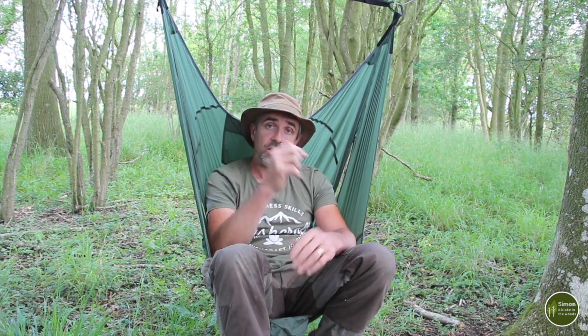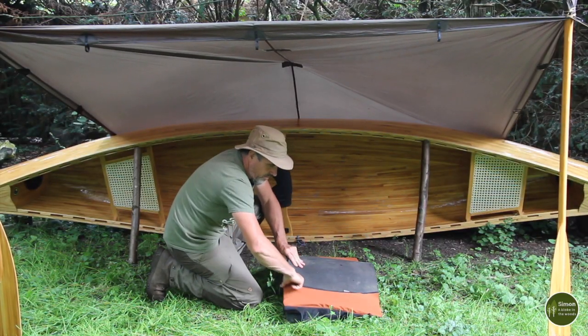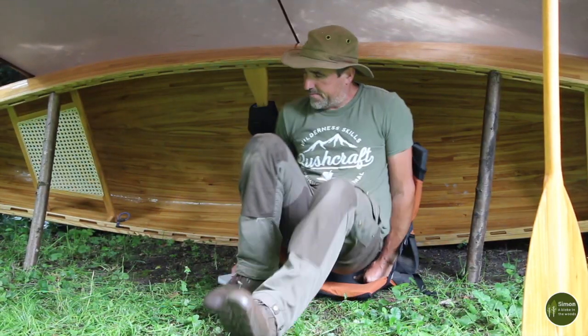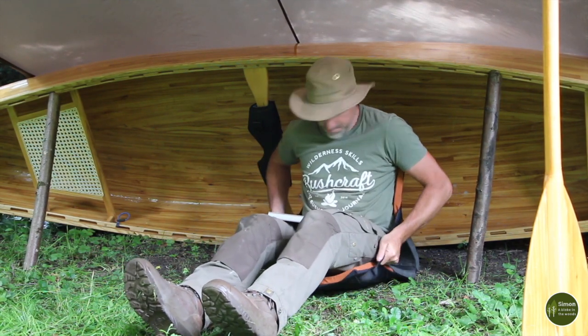Canoe camping opens up a few more options as to what you can take. Weight and space is less of an issue in a canoe unless you've got long portages, so you can afford to take a slightly bulkier chair. But to be honest, I do tend to either take this or I make a chair up using my kneeling mats and a Thermarest chair kit, which are designed to take the Thermarest self-inflating mattresses, they just slip inside this sleeve, which has rigid bars in the back, and that supports your back,